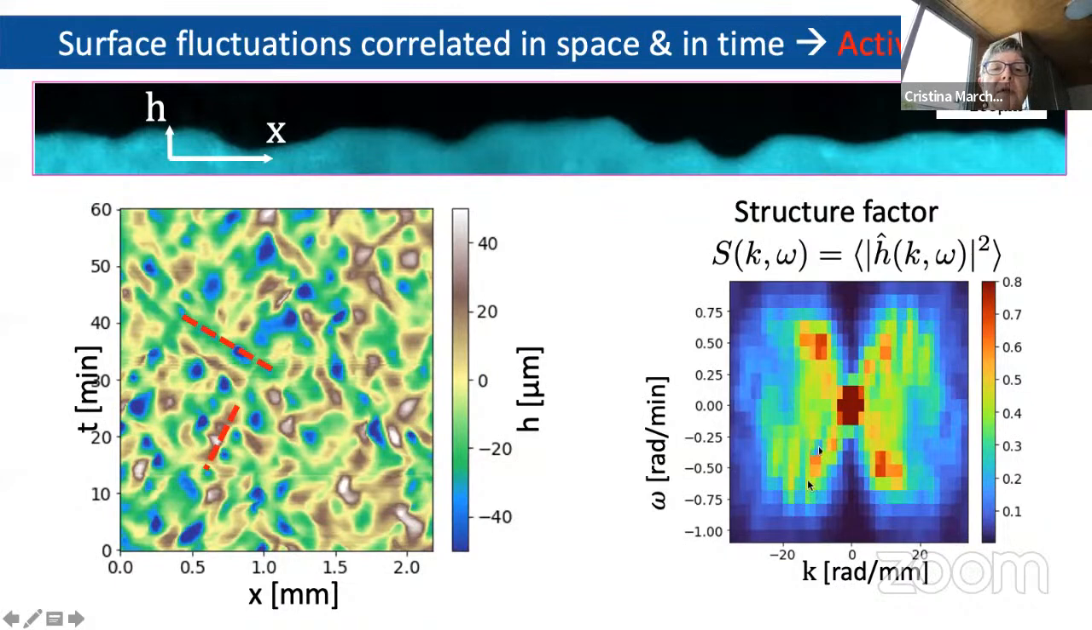There are these shoulders. There is, of course, a strong peak at zero frequency and zero wave number, but then there are also peaks at finite wave number and finite frequency. This indicates correlations that you can see here in this kymograph of height fluctuations. Now this is real position and real time, and this is wave number and frequency. If you look at the height fluctuations, you see some correlations in both space and time, and then in Fourier space you see these peaks at finite frequency and wave number,